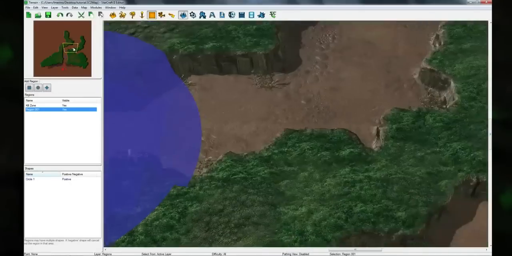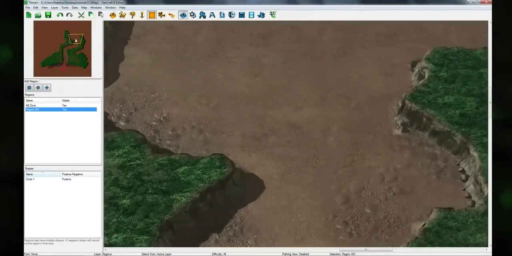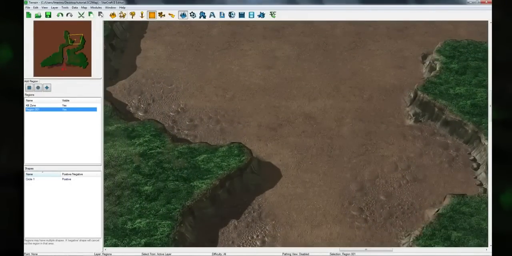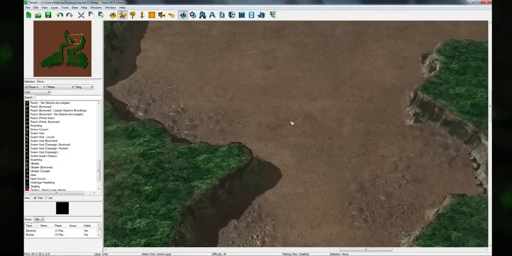All right, in part 4, we're going to set up the final battle at the Zerg base at the end of the canyon, and we'll also create some triggers for the victory and defeat conditions of the map. And then we'll see how to use custom data in the data module to adjust the strength and appearance of individual units. So we'll start out in the terrain module again, and we'll go up here to the end of the canyon. We're going to switch over to the units layer,